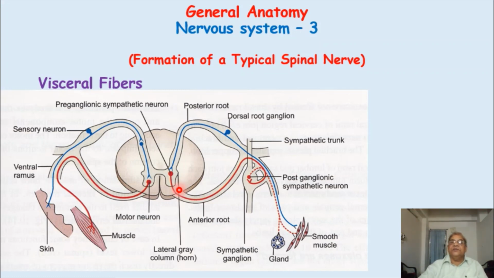This will be a little difficult lecture for you, so I suggest you go again and read it from books and keep on drawing the diagram in your notebook, so you will understand it in a better way. More detail of the visceral nervous system, or autonomic nervous system, will come in the next two lectures.